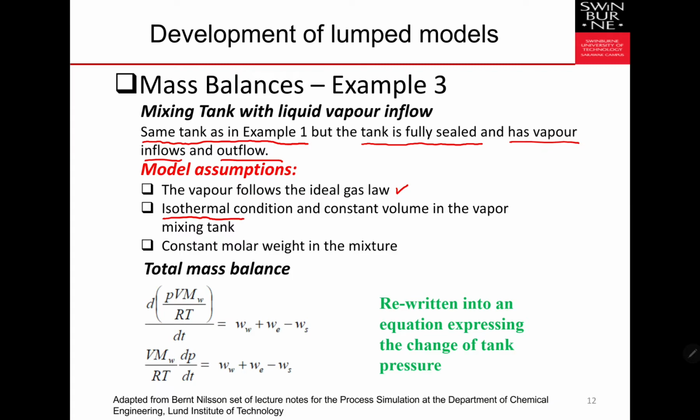The temperature is constant, the volume is constant, and the molar weight is also constant. So by implying the ideal gas law, meaning that we are using PV equals nRT, the term in here is equal to M. So this n is equal to M divided by molecular weight, RT. As a result, your M will be equal to PV times molecular weight divided by RT, which is this term in the brackets in here.